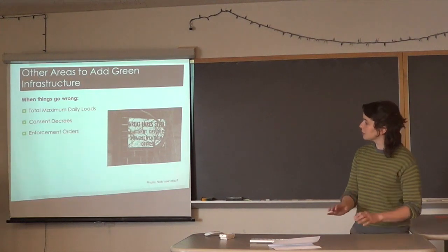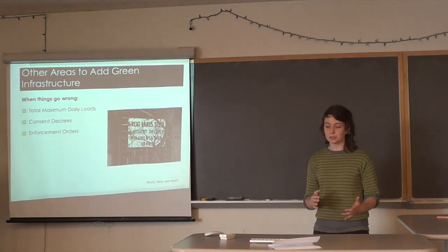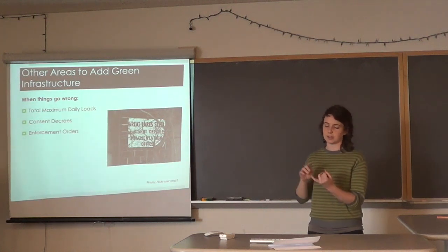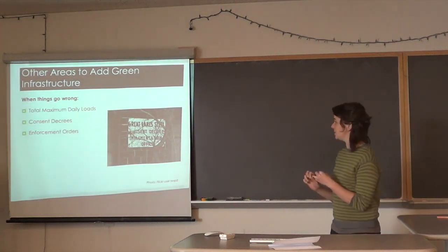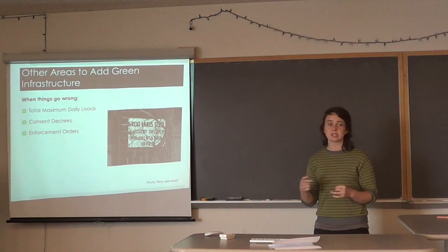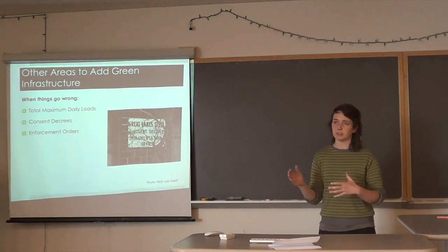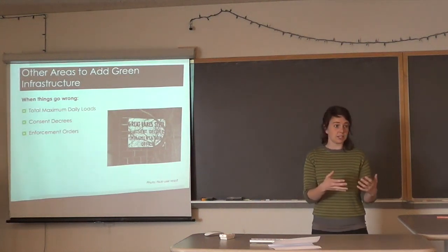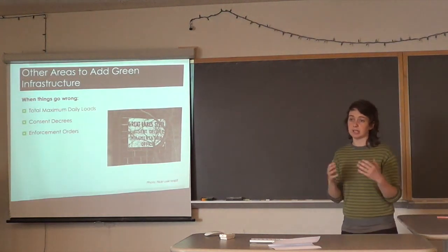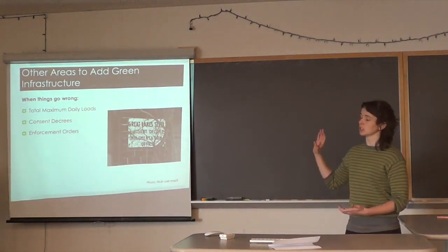And then the other places, and actually this slide doesn't give enough credit to this, is where green infrastructure is actually happening, in these places where things are going wrong, right? So you have the impaired waters and TMDLs being written, and then you have these consent decrees and enforcement orders. Consent decrees are through the judicial process: someone sues, and there's an agreement that someone, usually EPA, helps the state regulate and improve the regulations. It might be for a city, or an entire state, or a single water body. But there's an agreement written,